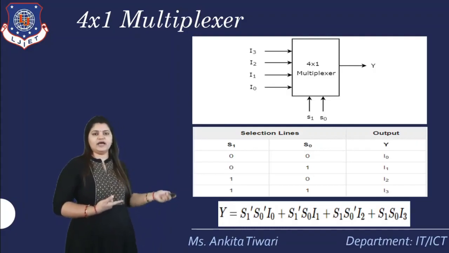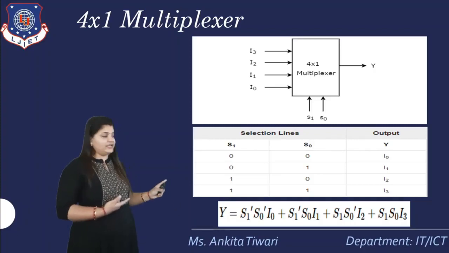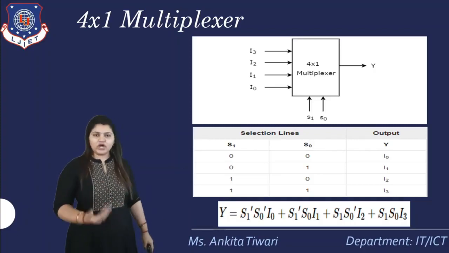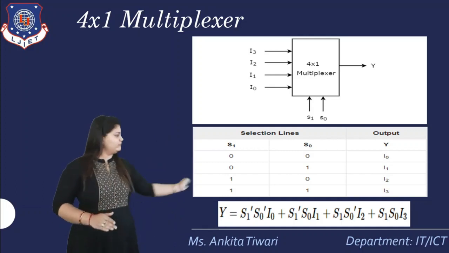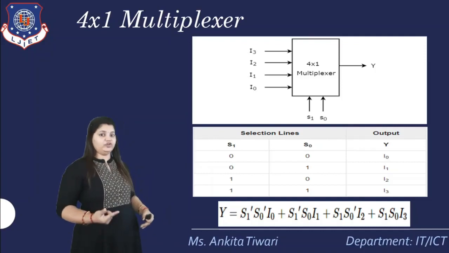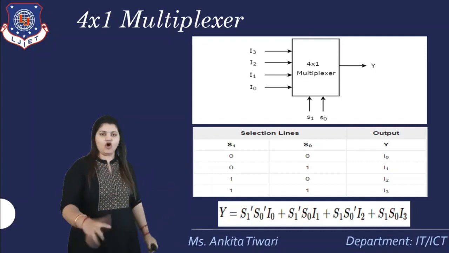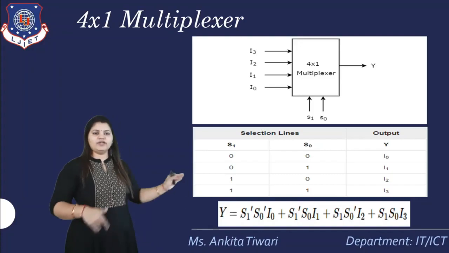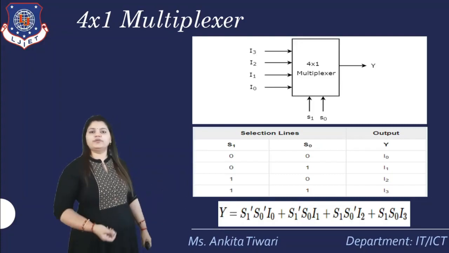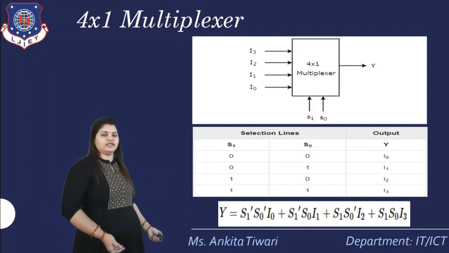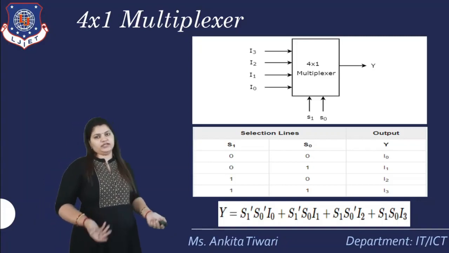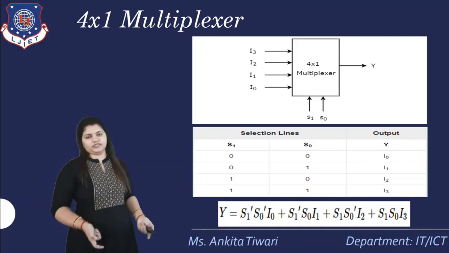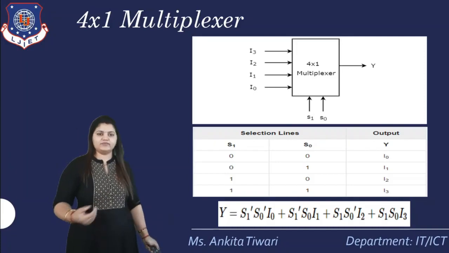You will get it like that accordingly, and this is the Boolean equation that we are getting: Y equals S1 bar S0 bar I0, plus and so on. Here we have taken a plus in the middle because only one of the outputs is possible at a particular time. So we put a plus, which means OR, for the possibilities. So 1, 2, 3, 4 possibilities with 4 inputs. What is the condition for the first? S1 is 0 and S0 is also 0. So S1 bar S0 bar, then S1 bar S0, S1 S0 bar and S1 S0. These are the 4 conditions that we will use.